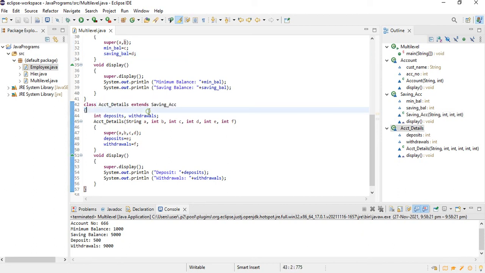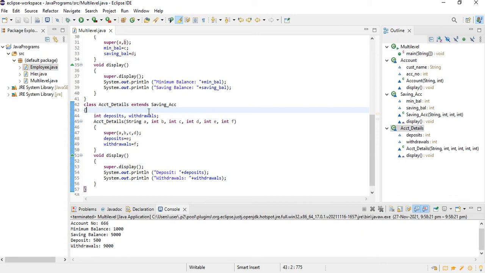Then I have one more class, which is the child class AccountDetails, which extends from SavingsAccount. In this class I have two data members, deposit and withdrawal. Here I am going to use AccountDetails as a constructor, where I pass six arguments: two for the child, two for the parent, and two for the grandparent.